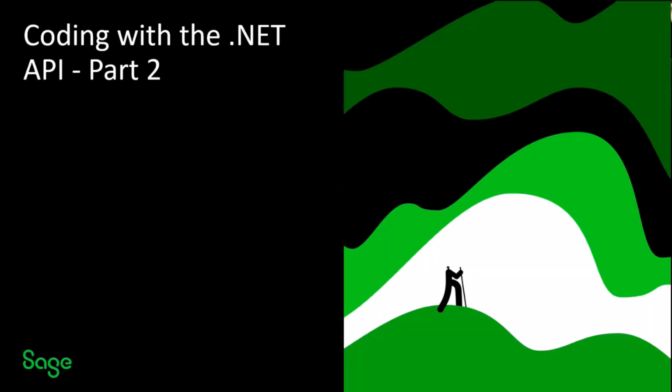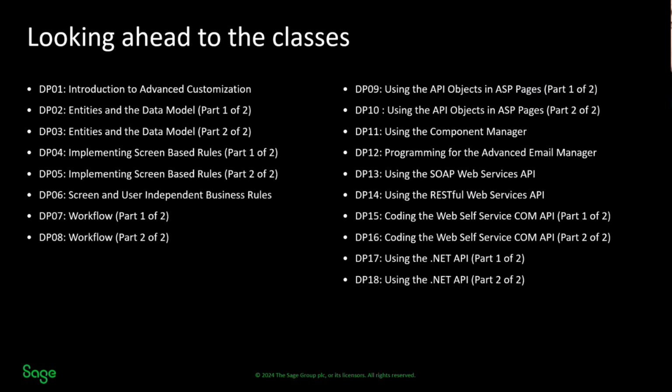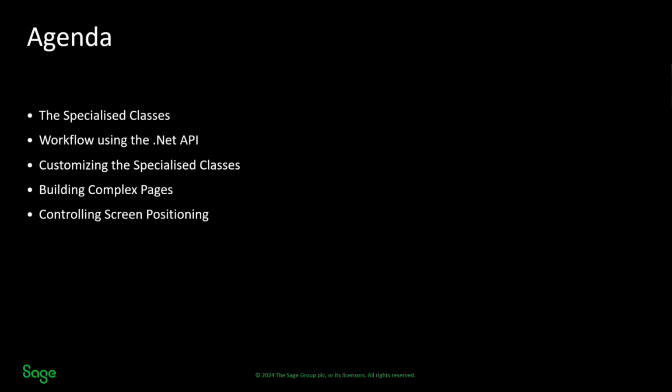Hello and welcome to Coding with the .NET API for Sage CRM. This is the second part of two lessons that have been dealing with the .NET API, and it also means that we're on the 18th lesson within the cycle of 18 that we have been going through, and we're at the end. Today we are going to be exploring the specialized classes within the .NET API,